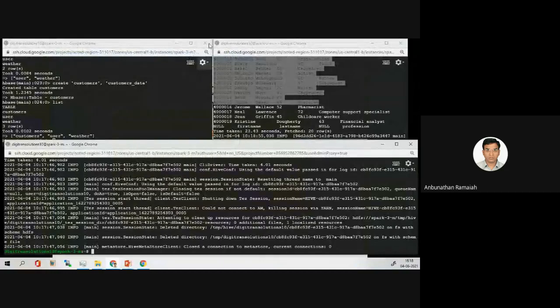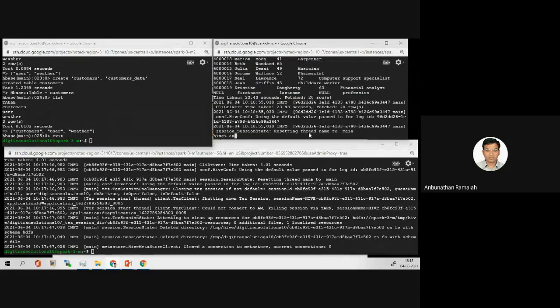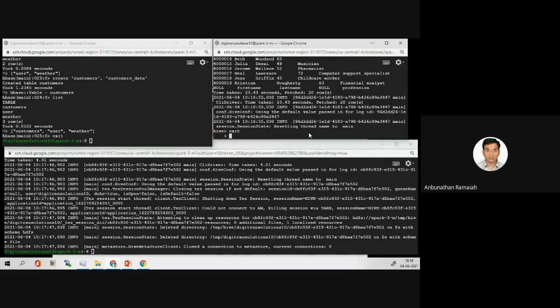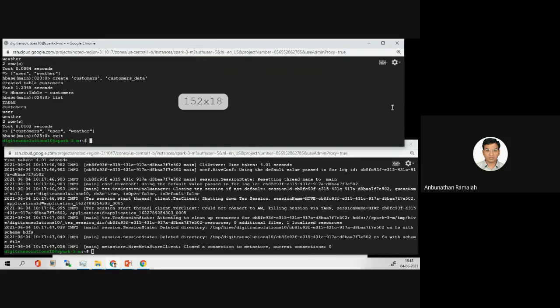HBase we don't require, exit. Then Hive also not required, exit. So we'll close this window. Okay, done. So we have two screens. Let it be there. Let me start the exercise in Cassandra.